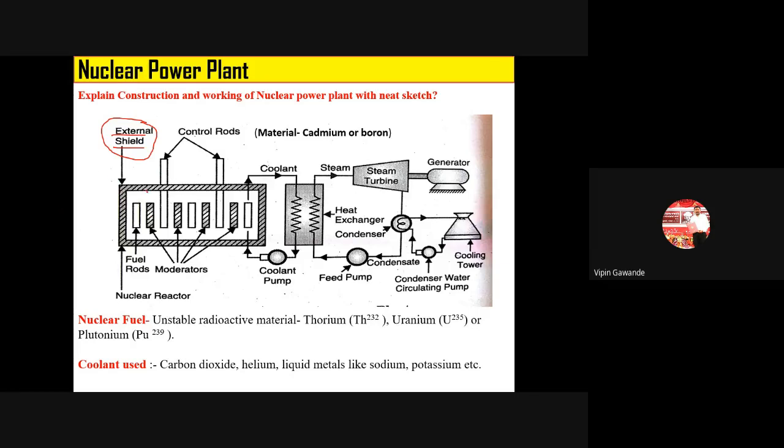कारण we are using here nuclear fuel, okay, radioactive material. This is very hazardous for the human health. So we have to apply here high degree of safety. आणि सेफ्टी साठी काय करावं लागेल? ते रेडिओएक्टिव्ह पार्टिकल्स बाहेर येऊ नये म्हणून आपण काय करतो? हिअर वी अप्लाय हिअर दी एक्सटर्नल शील्ड. एक्सटर्नल शील्ड. हा, ते कशासाठी वापरतो?